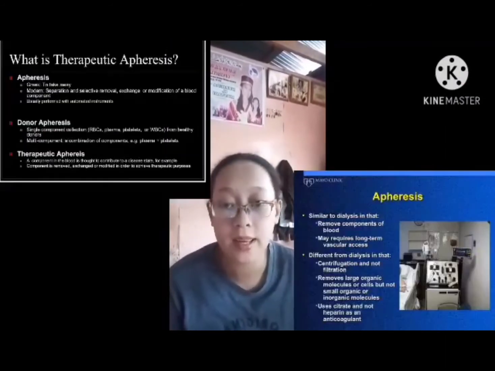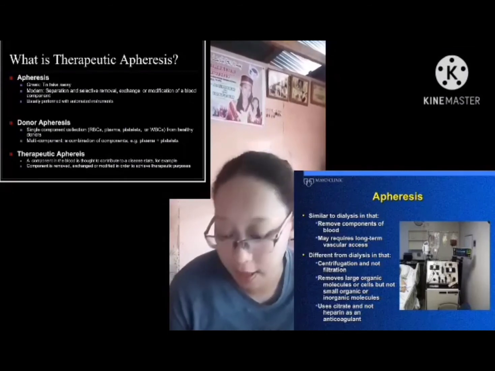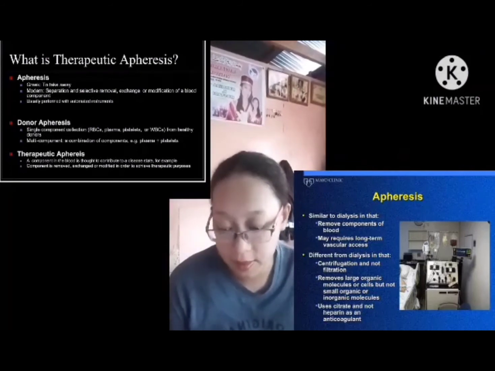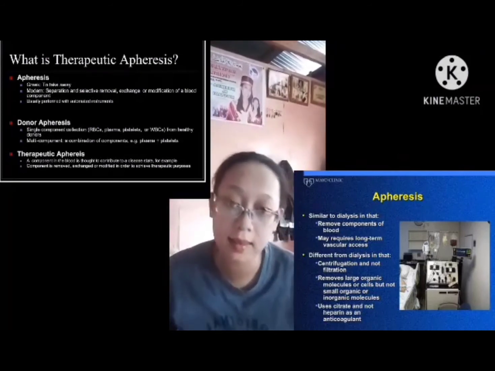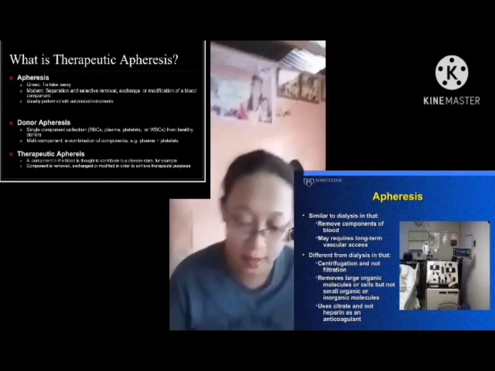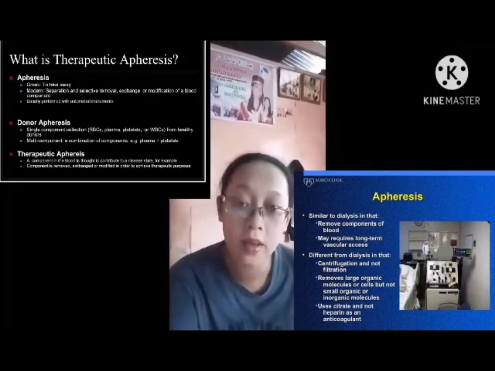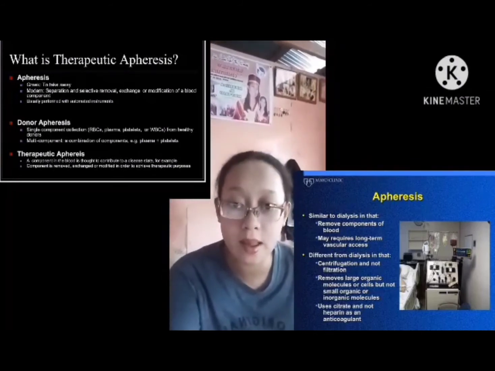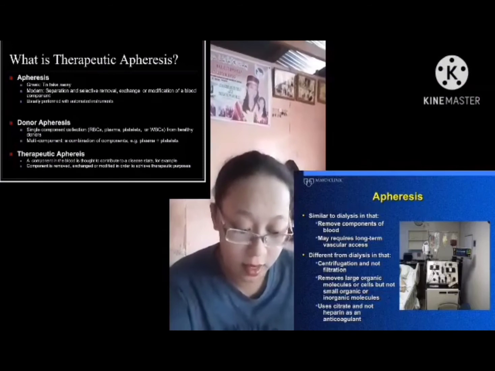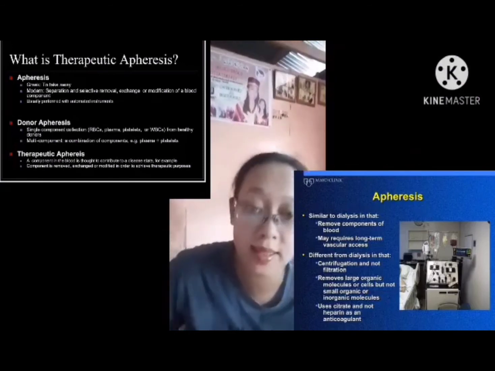For therapeutic apheresis, from the Greek word meaning to take away. Therapeutic apheresis is an extracorporeal treatment that selectively removes abnormal cells or substances in the blood. It can also be used to administer cell or plasma constituents that are present in subtherapeutic